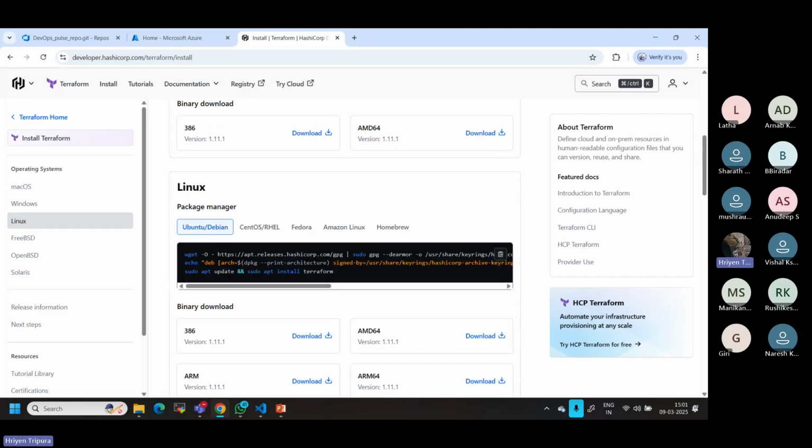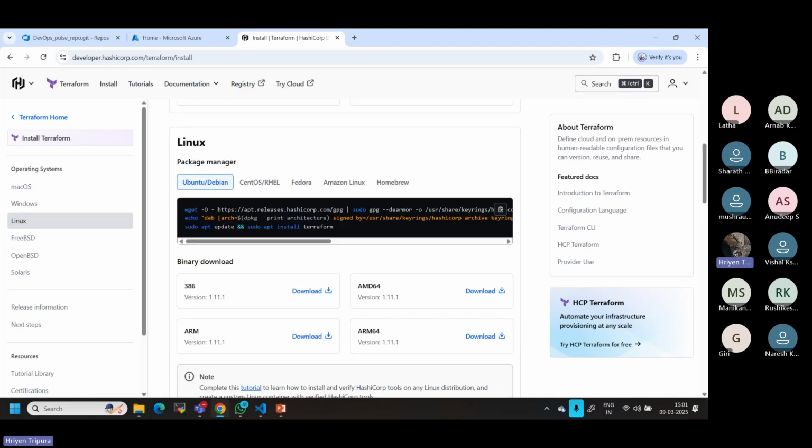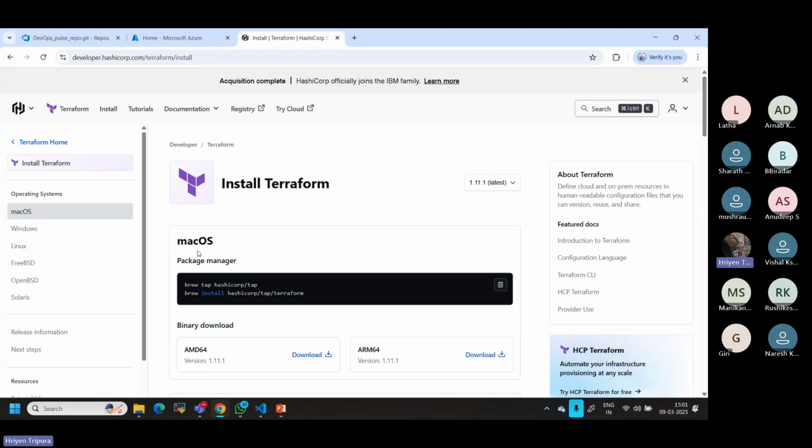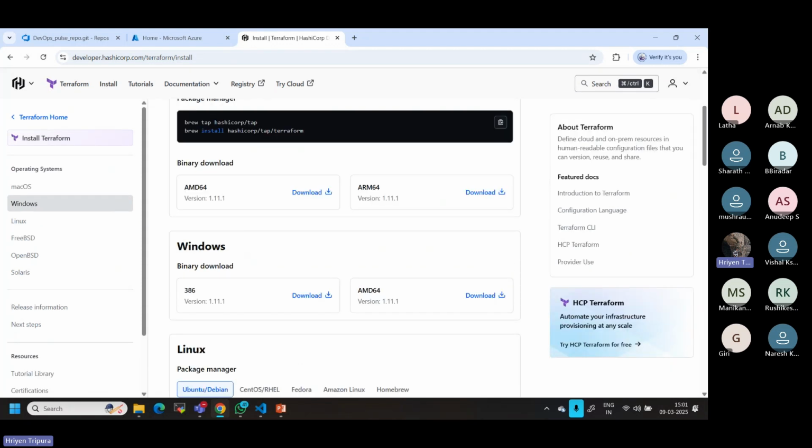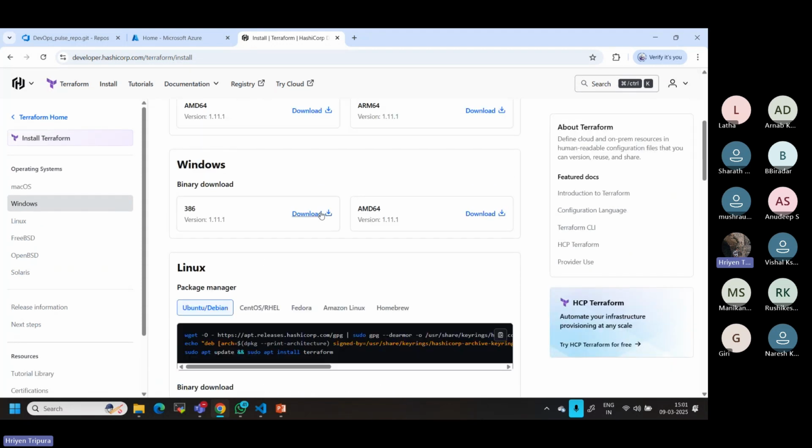If it is Linux, we have to follow this one, with different Linux flavors depending on the flavor you use. This is not a Mac; for Mac there is again an option. So let's go with Windows. I will just download this one. Simply click there. Once you click there, the setup, the .exe file, is going to be downloaded